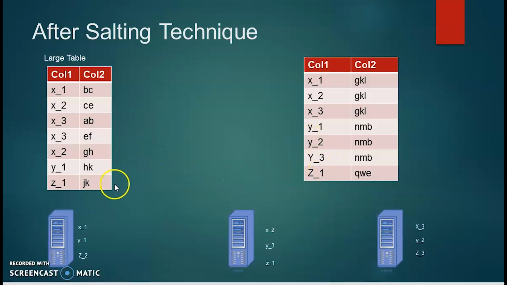In that scenario, x will not go to the same partition, but it gets distributed. Even other values y, z also get distributed. So the job now will be distributed, and there is no skewness, or a single particular partition that runs for a longer time. So this way we can distribute the data and get advantage of Apache Spark parallelism.